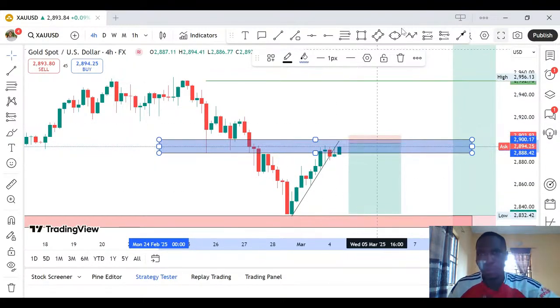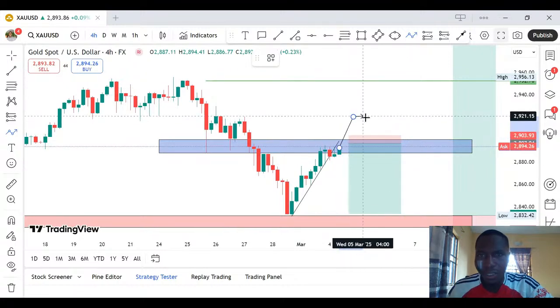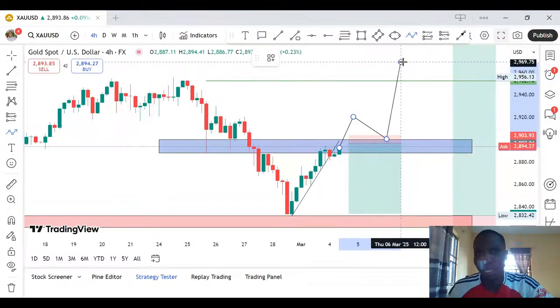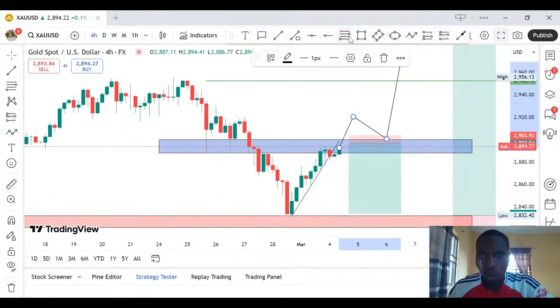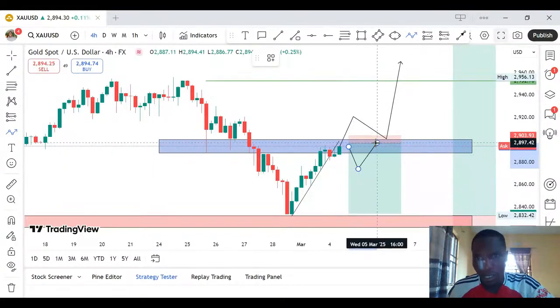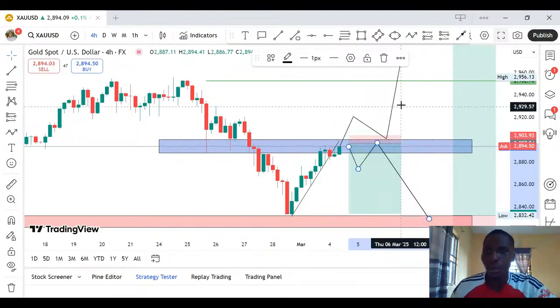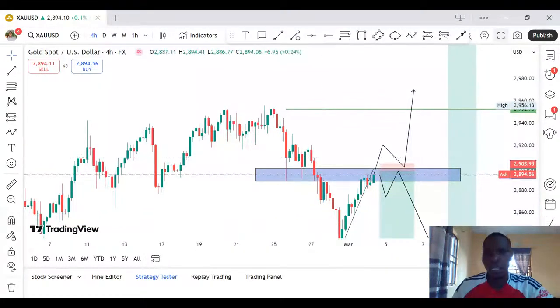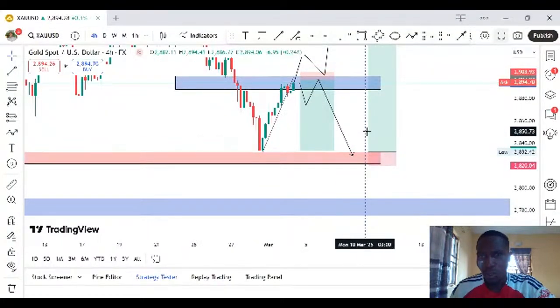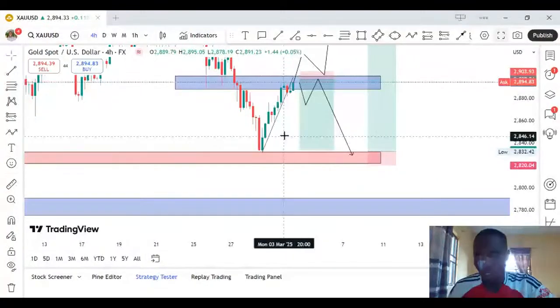And if it breaks out, it means, let me take this. And if price continuously moves upward to break out and retest, then I will be targeting the upside. So we are not static to one direction of the price. We need price to break down, retest, before we start coming down. But if price should do a break up and retest, we'll be looking for what? A buying opportunity. So like to this zone and bounce, I'll look for a buying opportunity upward. But if it does this breakdown, I will look for sell opportunities.